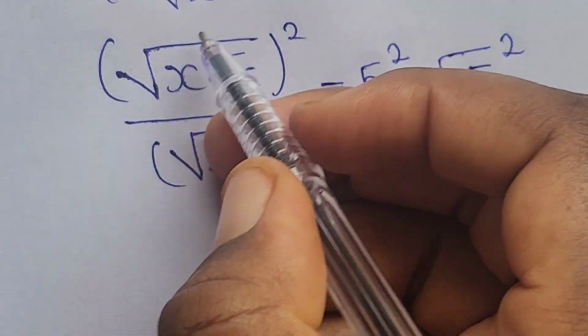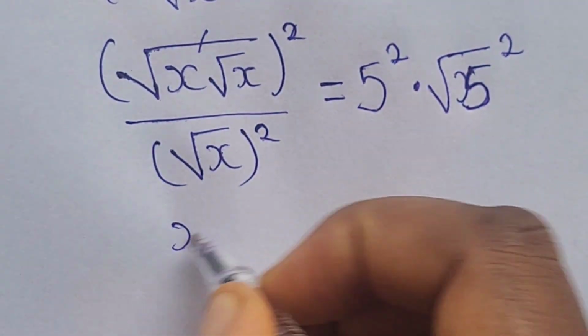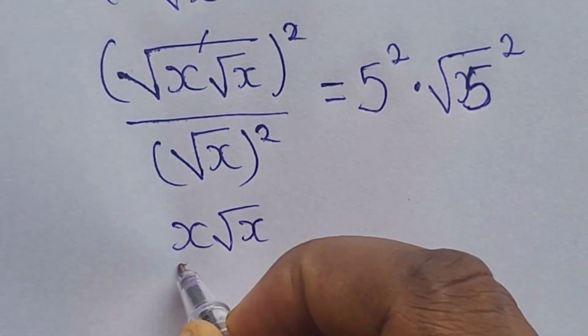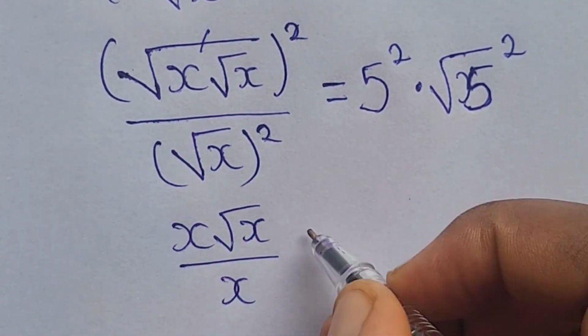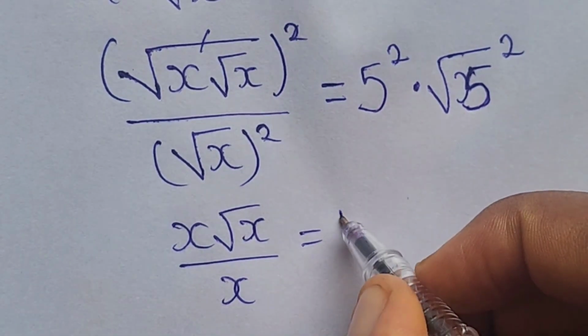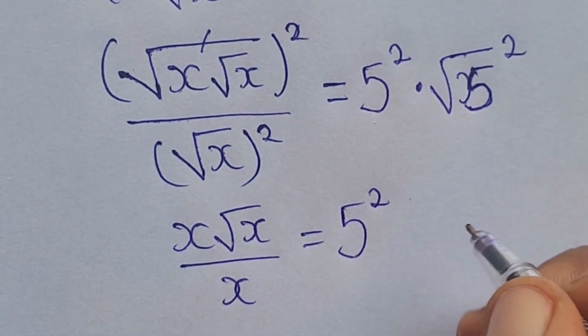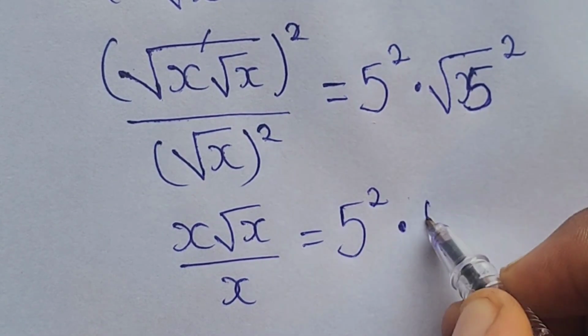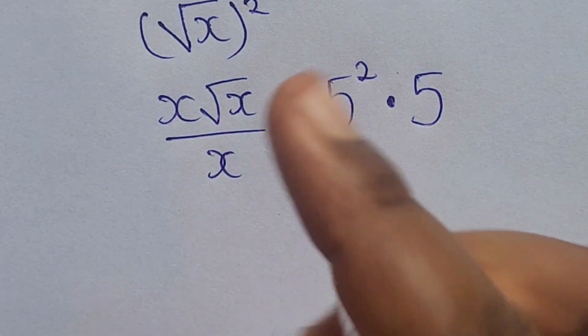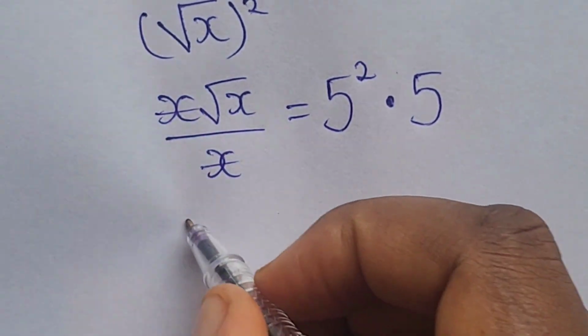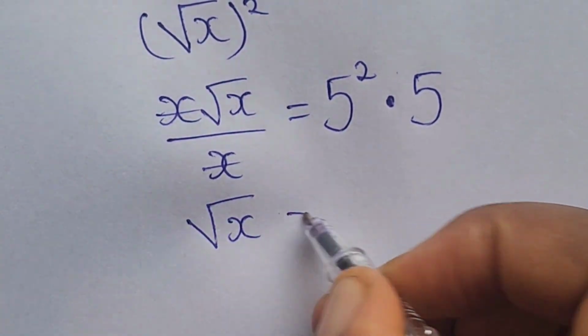So when we resolve this, we cancel out here to have x times root x all over x to be equal to, we have 5 to the power of 2 times 5. So this cancels out this, we are left with square root of x to be equal to 5